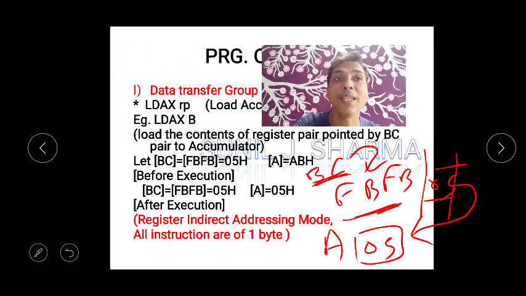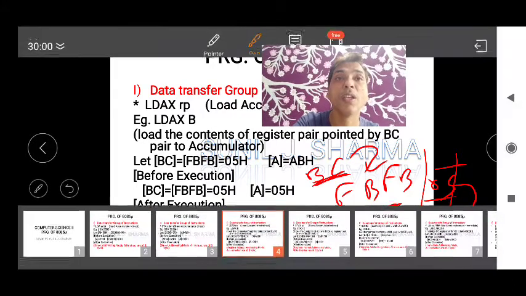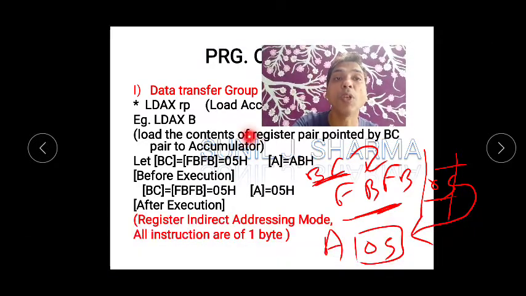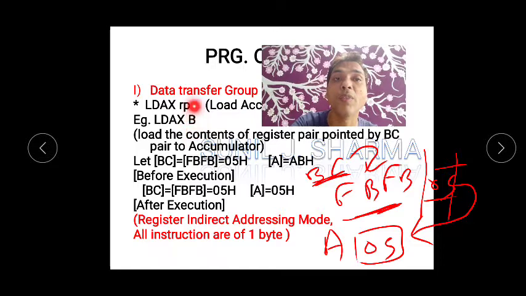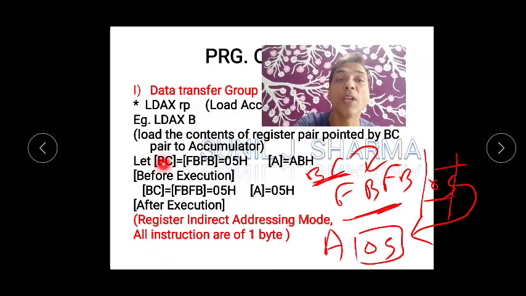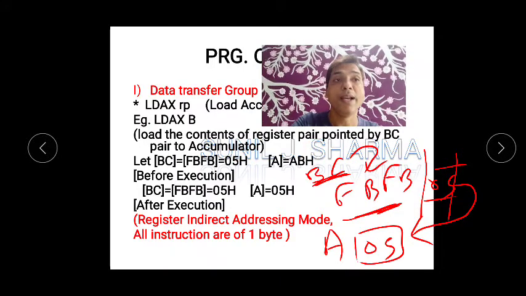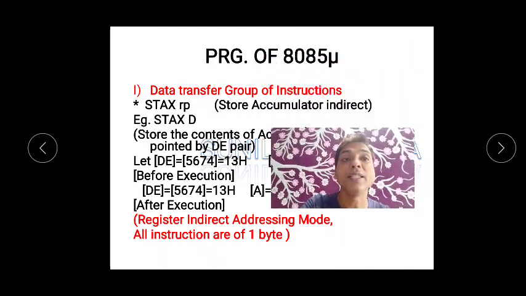The working is the same, the output is the same, but the working is different. The ultimate output will be whatever value is at that particular address, and that will be given to A, but that address is stored in the pair. Which pair? Here they have already given the pair as BC. So we have to go to the BC pair. The BC pair will give you an address, and that address will have the value. That value should be given to the accumulator. Now I think the next one is exactly the opposite.